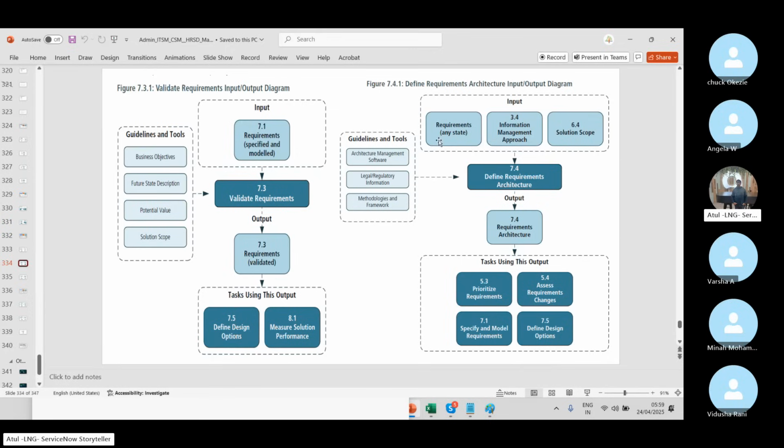And in this main is your requirement state, your information management approach. Remember, we used a word called reuse requirements. This is what comes into the picture now. When you're defining this, you have to understand regulated legal information, methodology and framework, agile, waterfall, what model you are going to use. And when you're defining the requirement architecture, the important part, which I'm again repeating, is how the two models, how the two boxes, how the two flows,